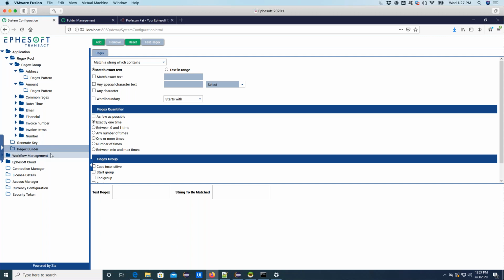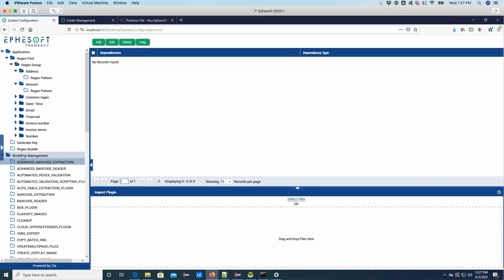All right, so workflow management. Ephesoft works as a workflow, and it's a very linear workflow. They have the nomenclature of having modules and plugins. Modules are just logical representations of groups of plugins. They're not really used for anything other than you can restart things at a module, so a group of plugins. The plugins are really truly the steps of the workflow.